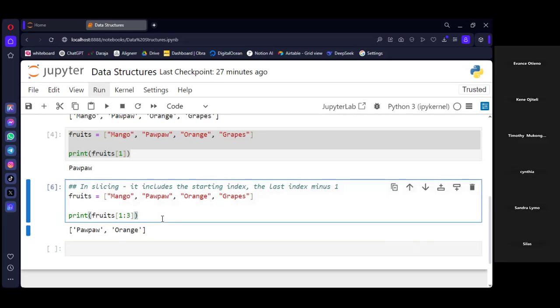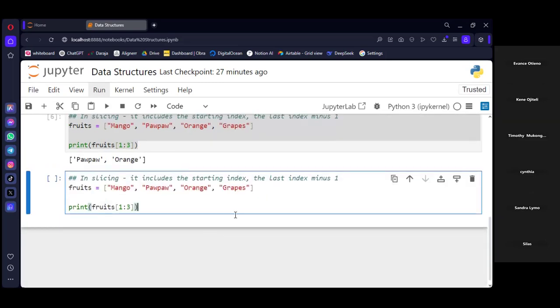But assume this case where you wanted to get up to the last index. We know that when slicing, you need to subtract 1 from the last index. So if we want to get from purple to the grapes, and we always need to add in an extra index, then it's going to be a problem here, because this is 0, 1, 2, and then this is 3.